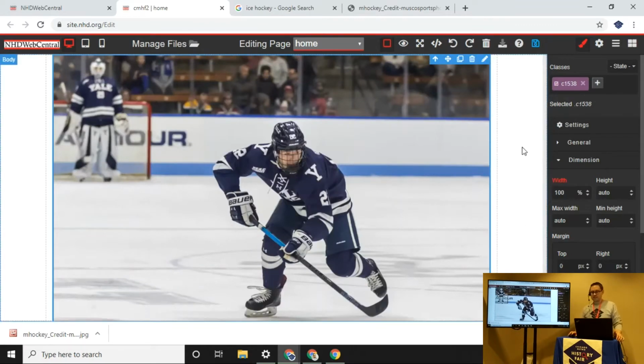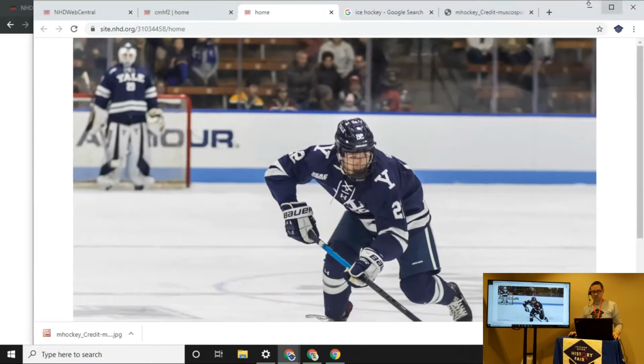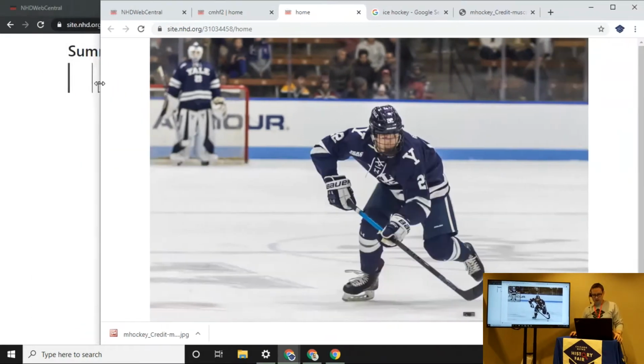And now what that did is it tells this image, hey, you can take up 100% of whatever container you are in. So first of all, let's save and preview and just see how this looks. So this is really nice. Now the image is fitting on the page, but even more than that, if somebody's on like a laptop with a smaller screen, a judge isn't going to be using a phone to access your website, but if they are on a device that does happen to have a little bit of a smaller screen,